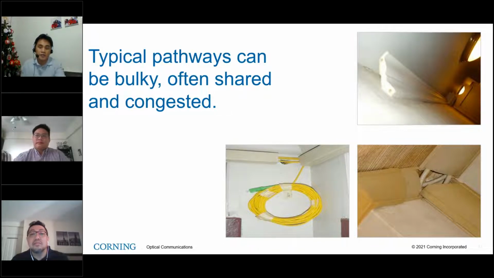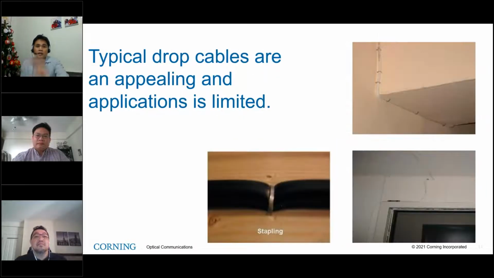Additional options inside the apartment unit or even in the hallway were ruggedized drop cables. They are often stapled along the ceilings, door frames, as well as baseboards. In addition to being unsightly to many tenants, the long-term viability of this method for deploying drop cables is up for debate. Some manufacturers say careful stapling using a rounded